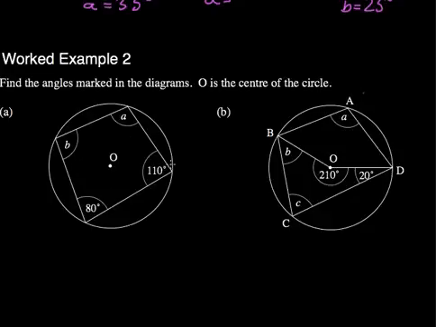This is a cyclic quadrilateral, and therefore A must be 100 degrees because it's opposite the 80 degrees. They add up to 180. And B and 110 add up to 180 degrees, so B must be 70 degrees. In B,